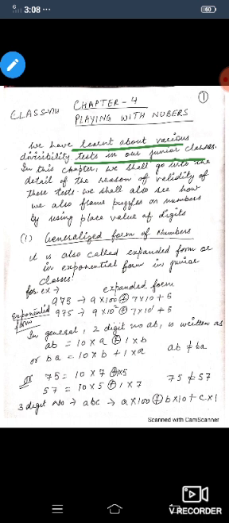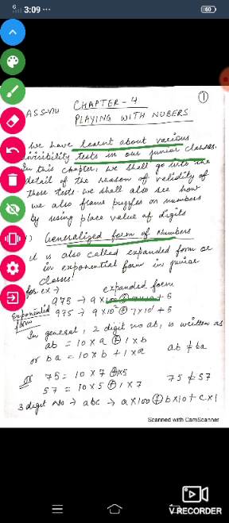The first one is the generalized form of a number. It is called expanded form or exponential form in junior classes. For example, 975 can be written as 9 into 100 plus 7 into 10 plus 5 into 1. This is the expanded form. In exponential form, we write it as 9 into 10 square plus 7 into 10 raised to power 1 plus